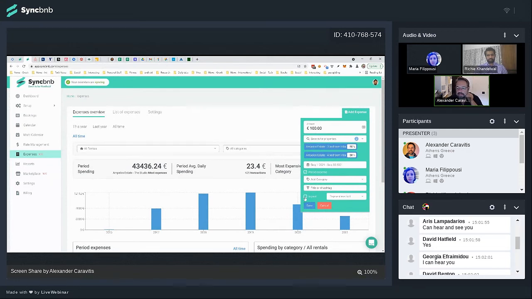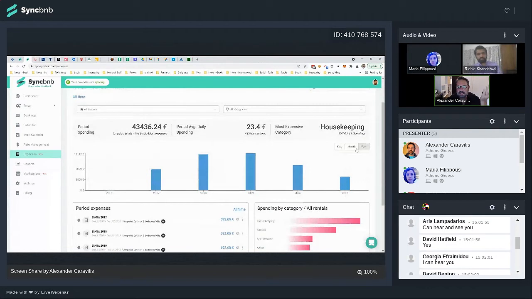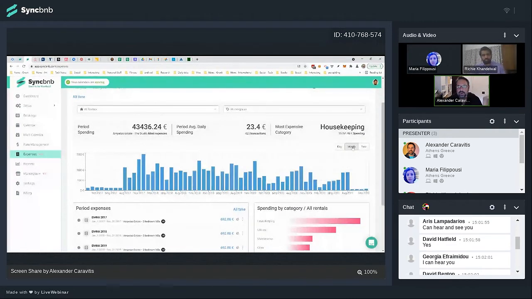And you can click to select if it has been paid or not, and with what payment method, so that you can track which expenses are not paid and due to be paid, so that you know what you have to pay at every time. So if you click save here, I won't click save now because this is a live environment. It will be added as an expense, and you can see it by month or by year or by day.